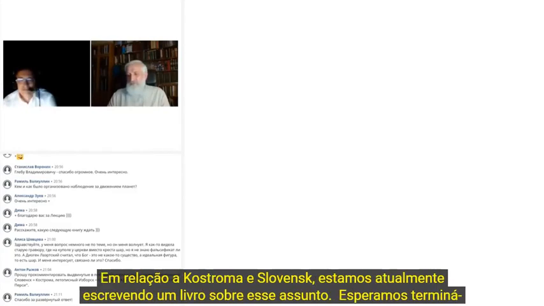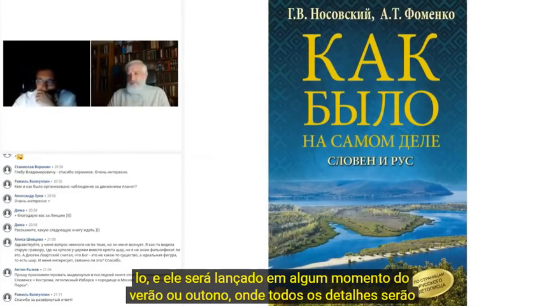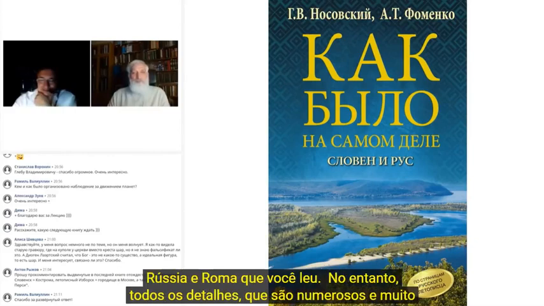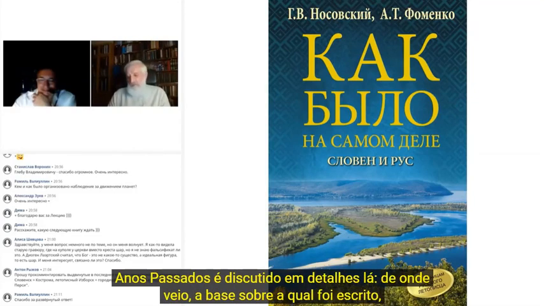Regarding Kostroma and Slavensk, we are currently writing a book on this topic. We hope to finish it, and it will be released sometime in the summer or fall, where all the details will be provided. But how can I tell you now? It's a significant topic mentioned in the book, Russia and Rome, that you've read. However, all the specifics, which are numerous and very interesting, will be presented in the book about the beginnings of Russian history. The tale of bygone years is discussed in detail there, where it came from, the basis on which